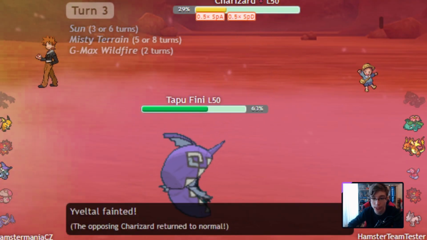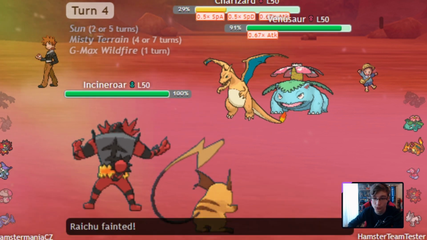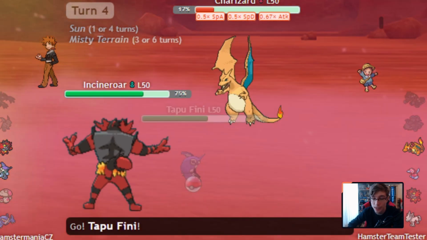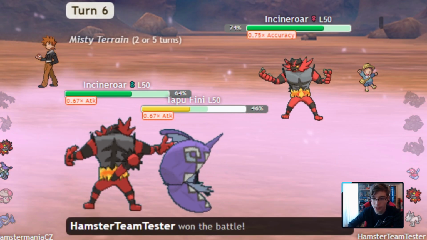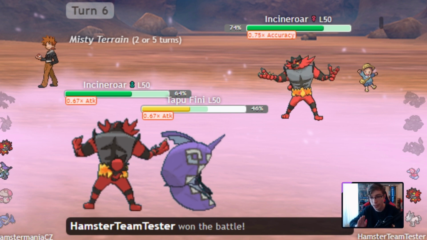Venusaur probably wants to switch in and KO the Tapu Fini right here, but with -2 special attack on Charizard, and the Charizard is not really a good threat, we sack the Raichu here, so Fini survives into the late game. Fini is absolutely amazing in late game against these two things, especially since Air Slash does nothing, as you saw here. You didn't see, but really, the essential part in these matchups against Sun is to